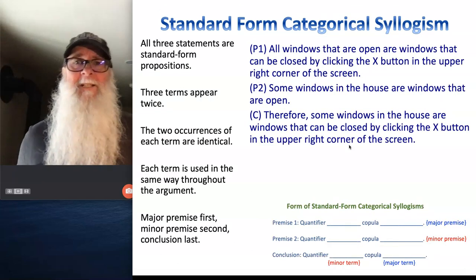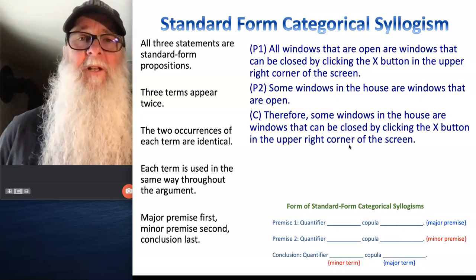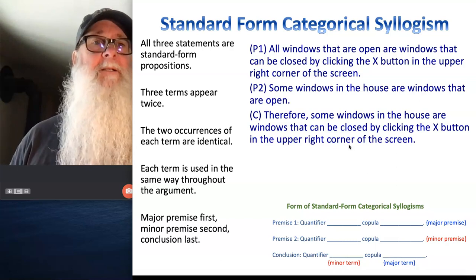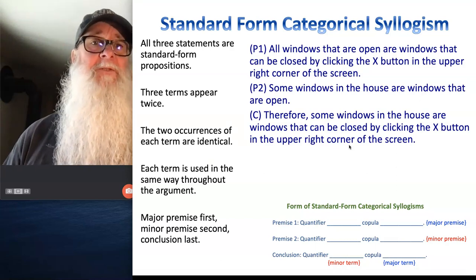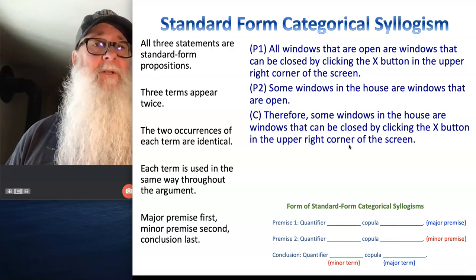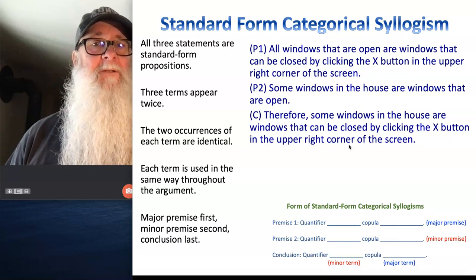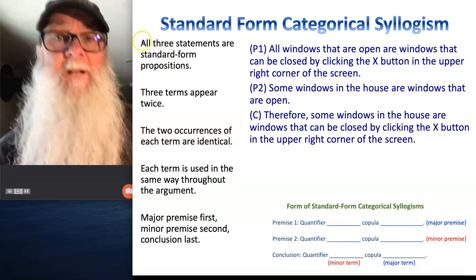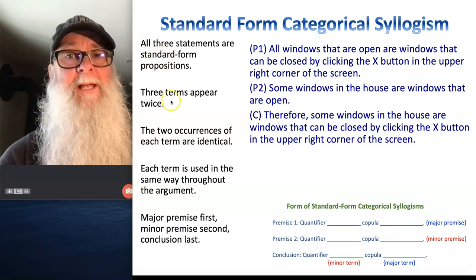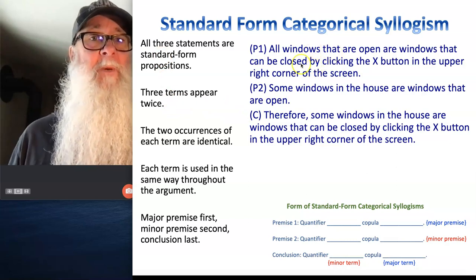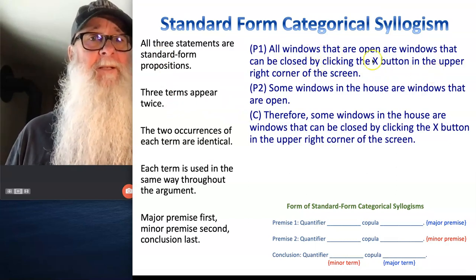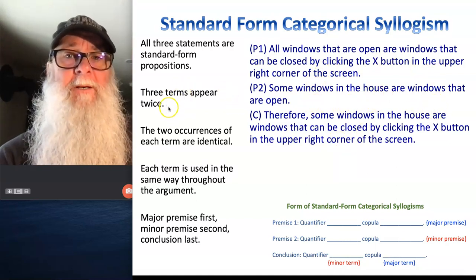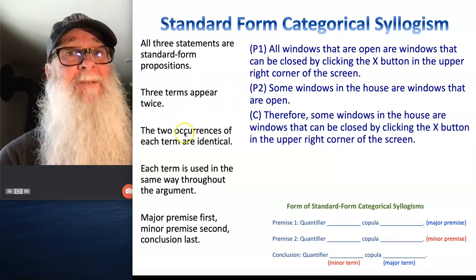All right? Now take a look at this argument. You tell me, does it meet all of our criteria? Here's the argument. All windows that are open are windows that can be closed by clicking the X button in the upper right corner of the screen. Some windows in the house are windows that are open. Therefore, some windows in the house are windows that can be closed by clicking the X button in the upper right-hand corner of the screen. I've got all three statements expressed in standard form, and we do have three terms: windows that are open, windows that can be closed by clicking the X button in the upper right-hand corner, and windows in the house. Okay, so we've got three terms that appear two times each, and they do appear the same exact way each time,